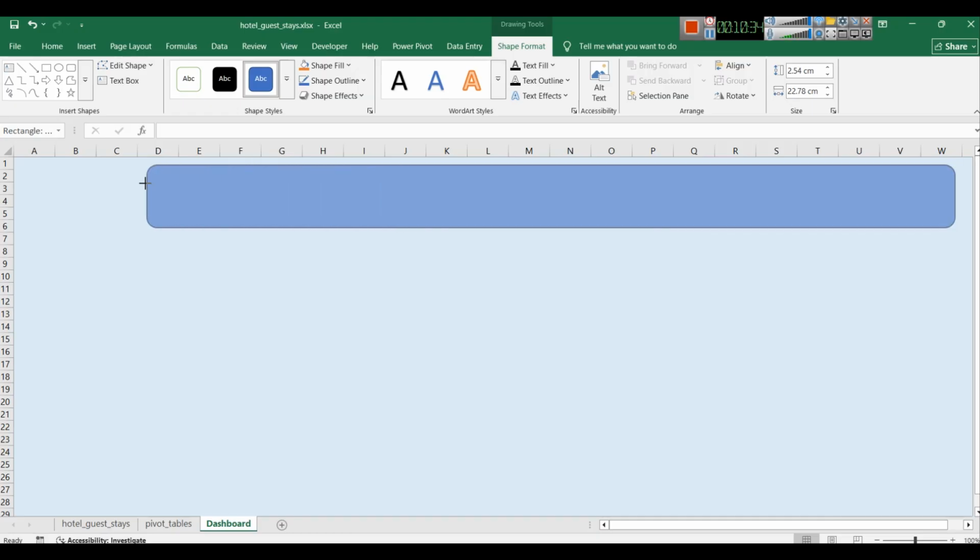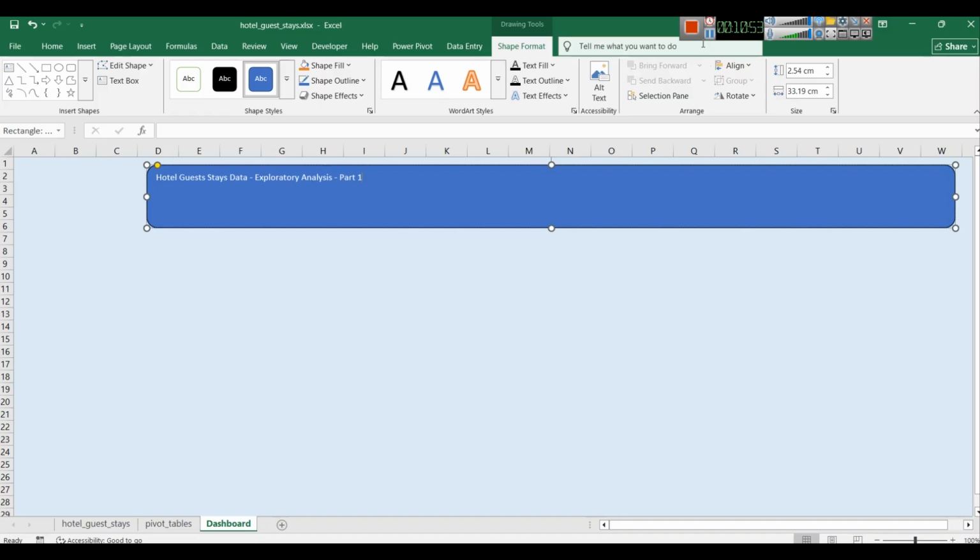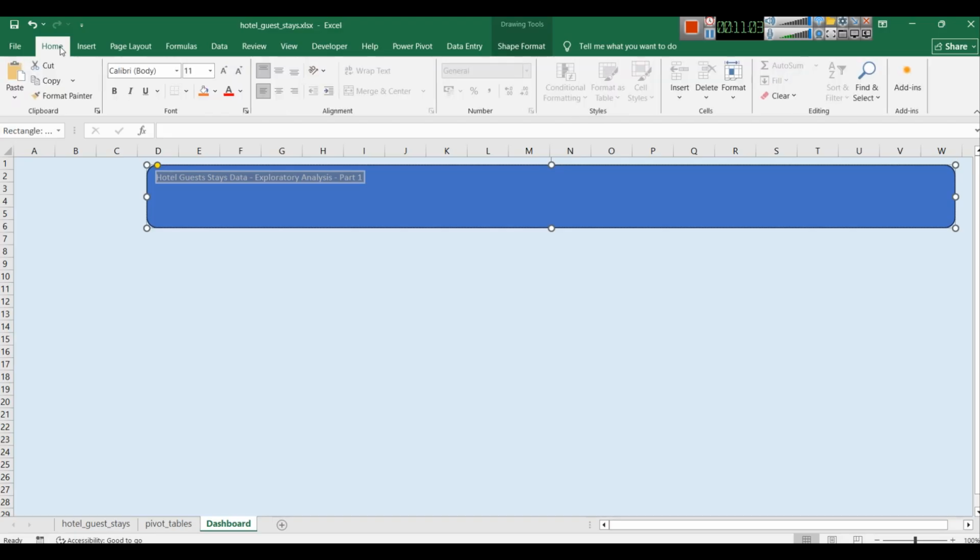So here we can use this much space, and it is hotel guest stays data exploratory analysis. Later I will check the spelling, and this is part 1, because we are going to create this part 1 without any KPIs, without any calculated measures, but later we are going to create them using Power Pivot in Excel. Here we can go to the Home tab, vertically align it center, horizontally align it center, and